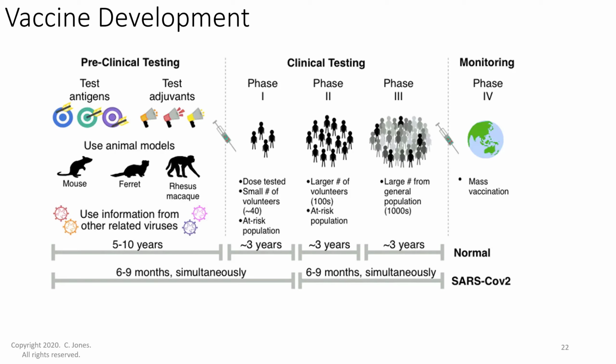To develop a vaccine, then, first we have to identify what the target is, the spike protein. Then we have to begin to synthesize that protein, and now we begin to test it. So we use animal models. We use mice. Ferrets are really good for the flu virus, and I think they're also being used for COVID. And then as a last resort, we use monkeys, macaques, but macaques are not very nice monkeys, and they are incredibly expensive to work with.